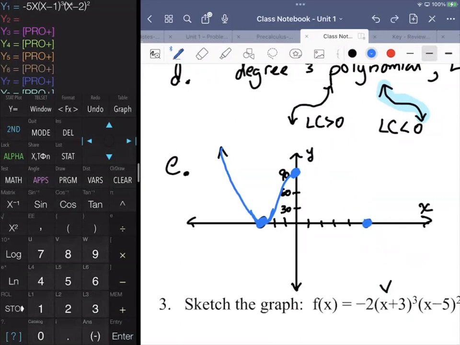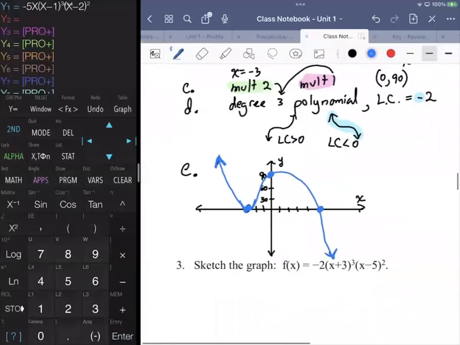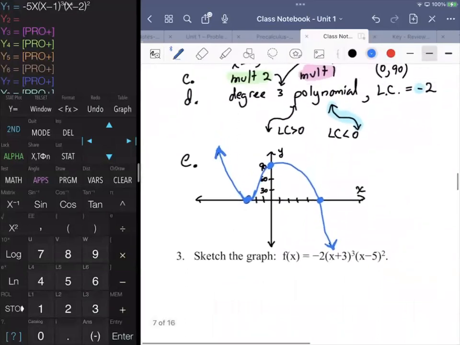But if it's a sketch, I just want to know that it's going to go through the x-axis and the y-axis where I say it's going to go through. It's going to behave around the axes the way I say it's going to behave. So it actually looks like what I'm saying is happening. And then it has the end behavior that's appropriate. All right. So if you compare this hideous graph,